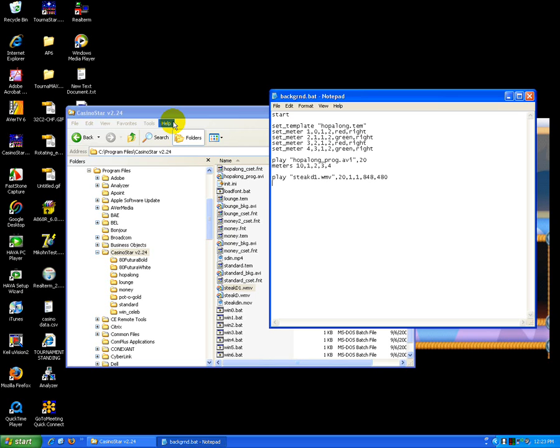Let me go ahead and break out of CasinoStar. I'll hit escape. I'll go back to the batch file that we have here. And this first argument on the meters command, the 10, means play the meters progressive for 10 seconds. Let's say you don't want it to play for 10 seconds and you want it to play for 1 minute. In that case, it's 60 seconds. So if we put 60 on the meters command,